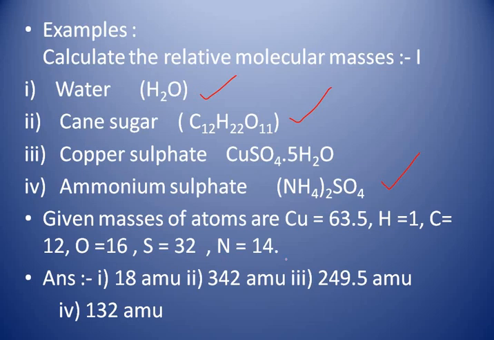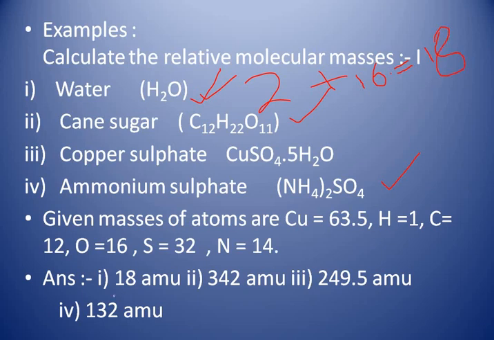Now what you need to do is just calculate the number of atoms present in the molecule, add their masses and get the value. For example, in the case of the water molecule, there are 2 hydrogen atoms plus 1 oxygen atom. 1 oxygen atom contains the value of 16 AMU. So 16 plus 2, we get the value of 18. So it is calculated.